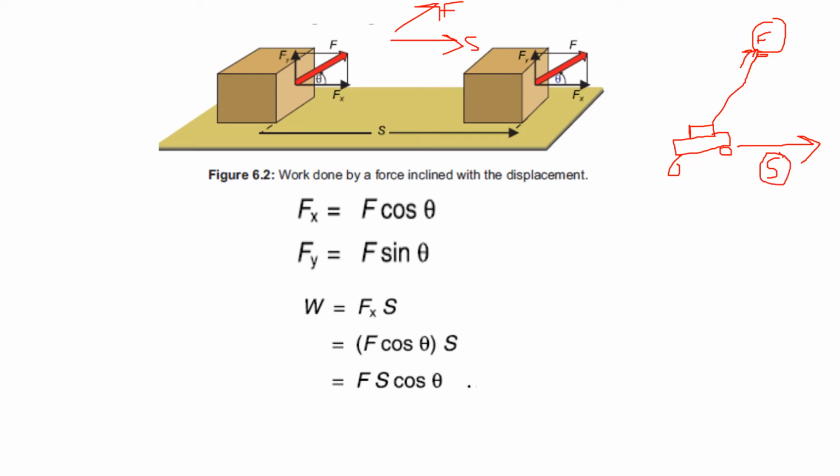So work is still being done, because in work two factors are very important. Number one is force, and the other one is the distance. It doesn't matter what the direction of the moving object is. It can move in the same direction in which we apply the force, or in a different direction according to the force applied on the body. So this is the case when force is applied in this direction and the object is moving horizontally. Then how can we measure the work done?